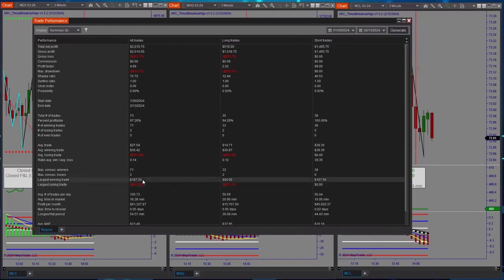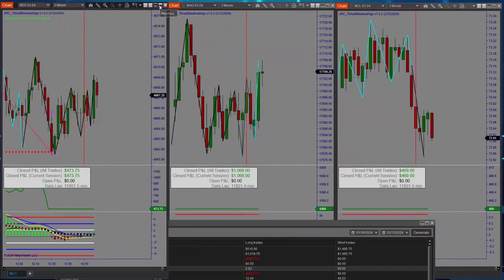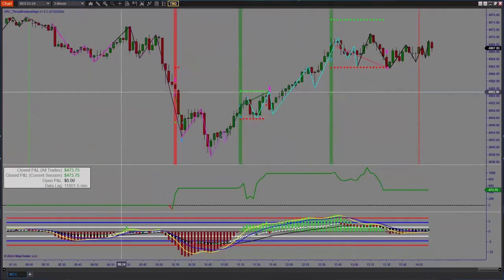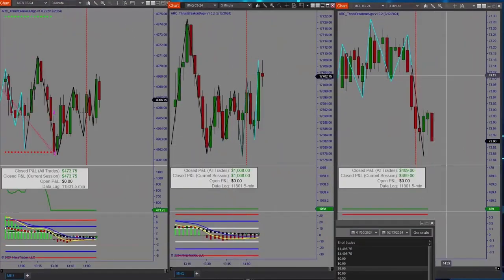Largest winning trade, apparently this had broken all of the contracts up separately, so these numbers got a little bit jumbled. It's definitely not 97% profitable for the day, so I don't want to mislead you there. The most important thing that matters here is the profit factor, which is 5. A profit factor of 5 is great. Realistically looking at these, we had 2 net wins here, 1 net winner here, and 1 net winner here. So I think this one would have been 2 out of 3. If I remember right, we had 1 win there, stop out there, another win there. So yeah, 2 out of 3. And then we had 2 wins and 1 win.